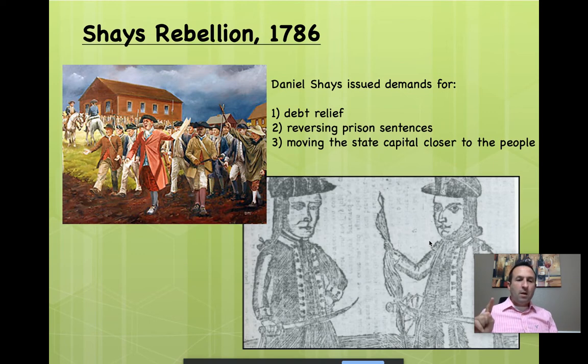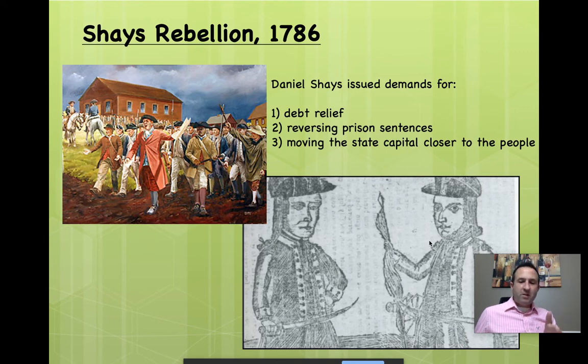But Massachusetts could only pay their state debt if the people in Massachusetts paid their taxes. And so in Massachusetts, following the war, it's a downturned economy for a little bit. These farmers in western Massachusetts are crushed by new taxes being levied on their land by the state government. Many of the men who were hit by this economic chaos were former soldiers, who themselves were awaiting back pay from the Articles government, the Confederation Congress in this case.